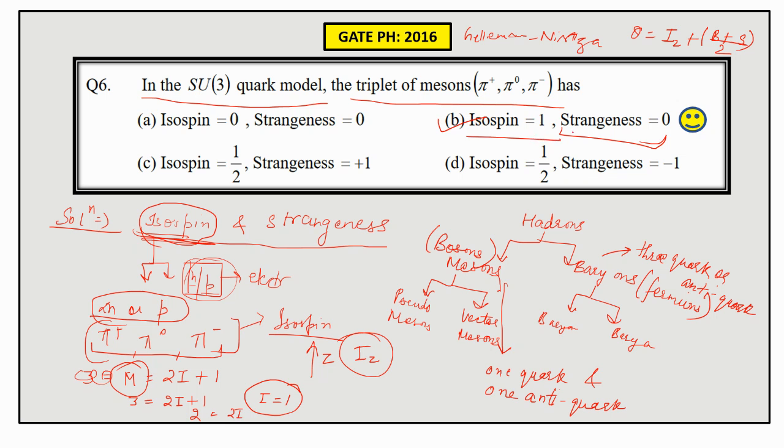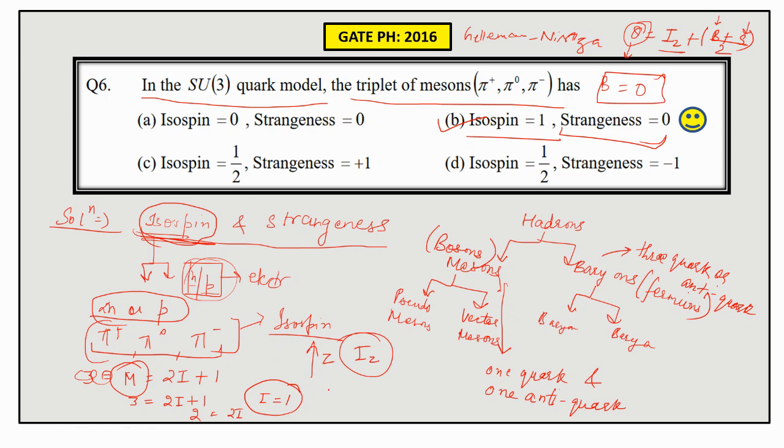But if someone wants to know the strangeness of all these particles, this is just an add-on. Q is the charge, Iz is the component of isospin along the z direction, B is baryon number, S is strangeness. Since they are mesons,